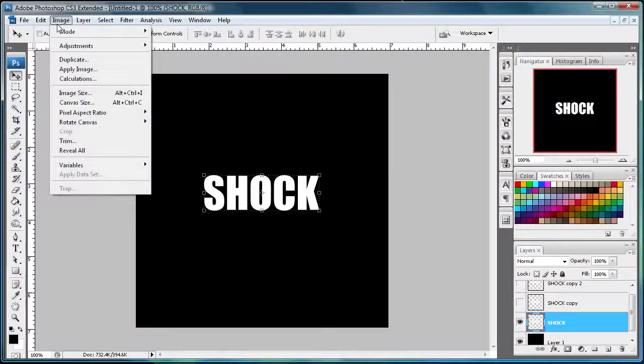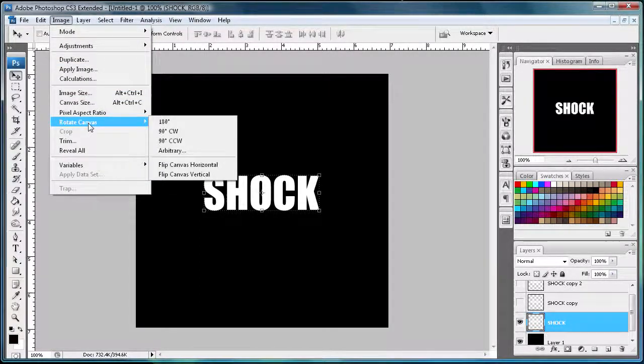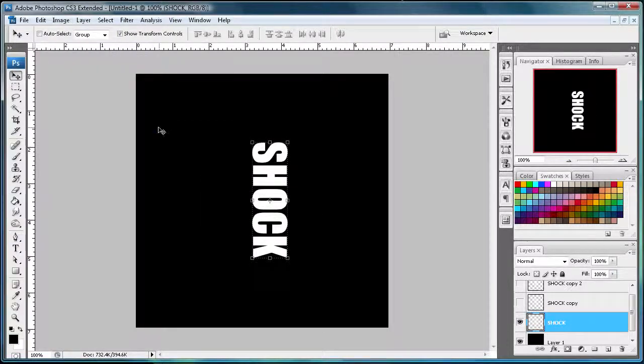we're going to go to Image, then we're going to go to Rotate Canvas, and then 90 degrees clockwise. So basically that just turned it 90 degrees clockwise. Pretty self-explanatory. So now we have our shock text turned sideways, and so to start making our actual effect, we're